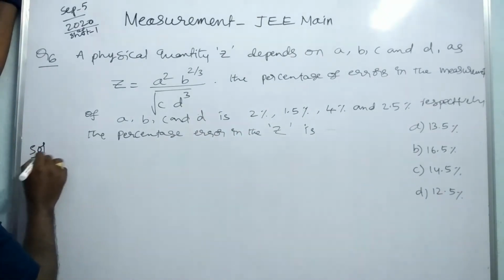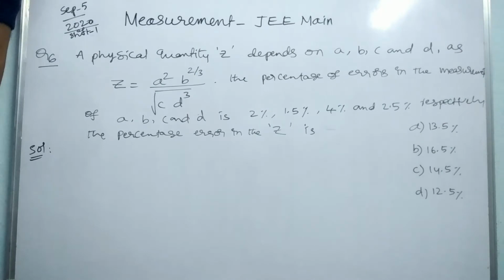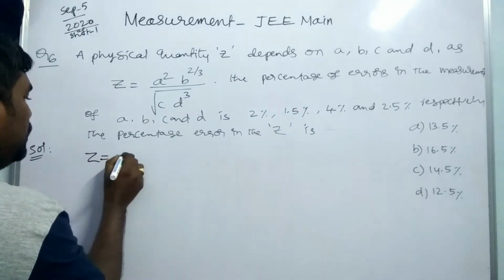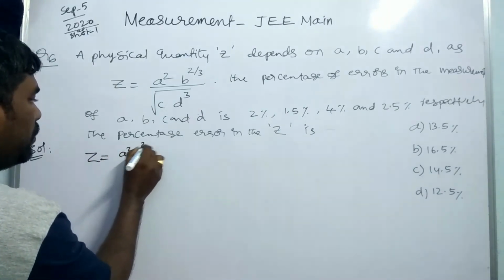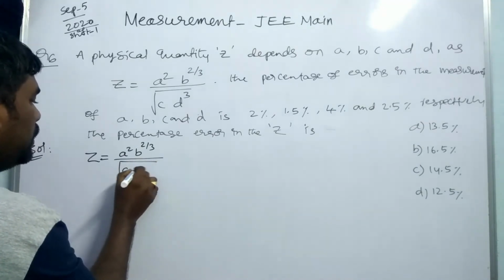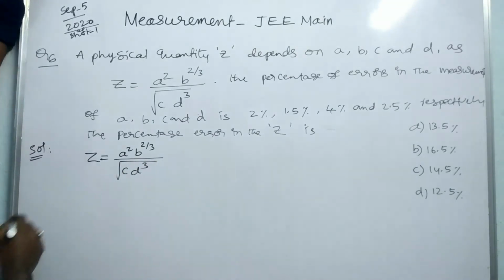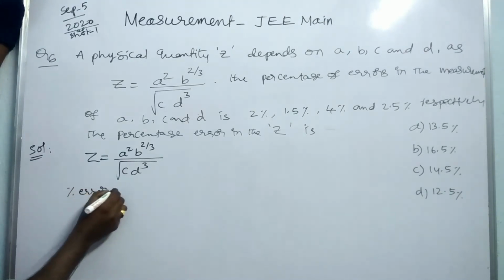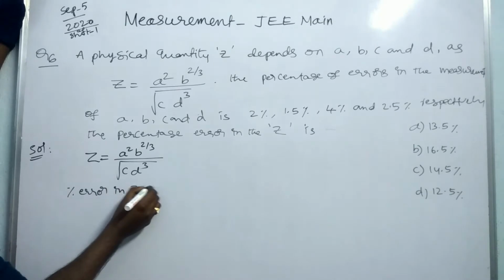So now we have to find the percentage error. How can we find the percentage error? The video was already done by me, so I will be providing it in the iCards. Please check once. So the equation is Z is equal to A square B power 2 by 3 under root of C D cube. So here the percentage error in Z is equal to